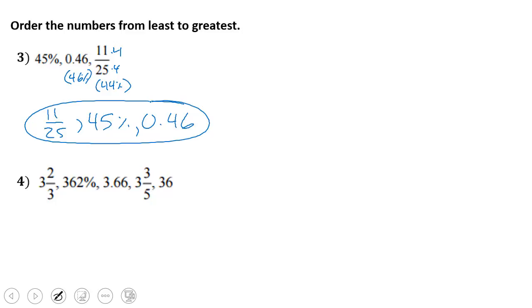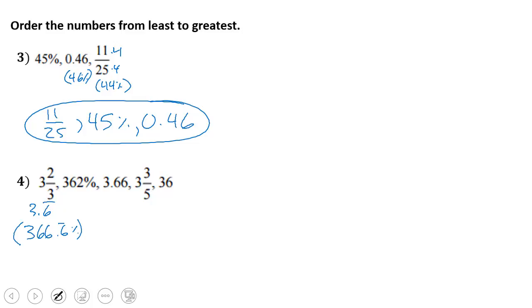Let's do one more. 3 2/3, 362%, 3.66, 3 3/5, and 36. You already know I'm the guy that goes percent. So I understand I'm doing all percents. I just think it's easier. You are certainly welcome to do it in any form you want, but I'm going to go percent. So I know that 3 2/3, that's 3.6 repeating. If I turn that into a percent and move the decimal twice, I have